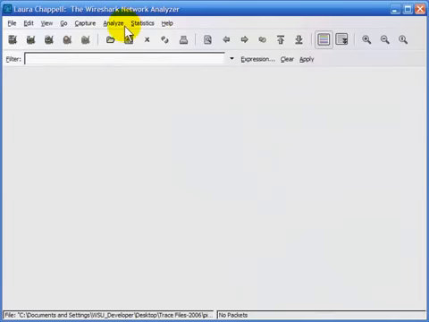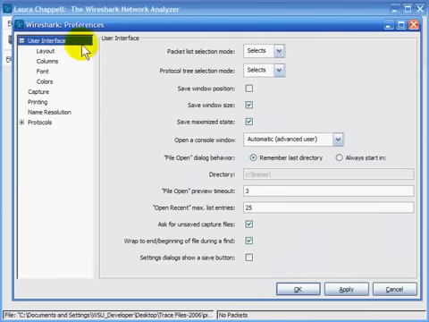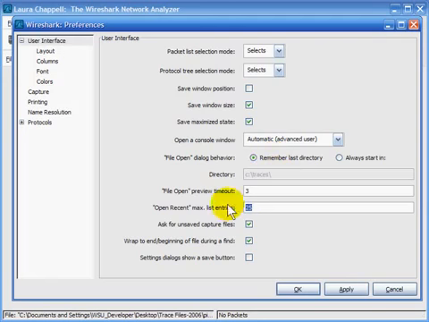Now I just briefly want to show you some of my favorite settings for global preferences for Wireshark. In the user interface area, I do like to have the Open Console window set for automatic. I like to set it up to remember the last directory I was in, because typically I'll go back to a client directory over and over and over again instead of in some standard directory. I always do change the Open Recent Max list entries, set it up to a higher value than just the